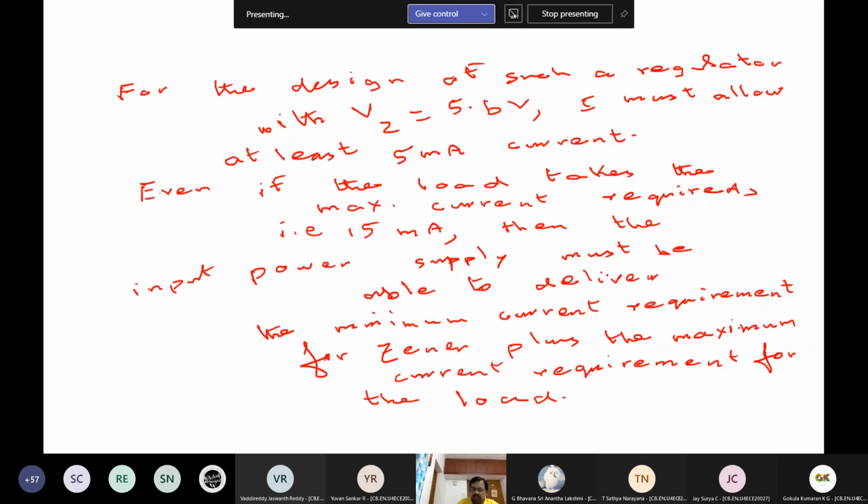So the input must be in such a manner that it should be able to supply 15 milliampere through the load, 5 milliampere through the diode. So the total current, therefore,